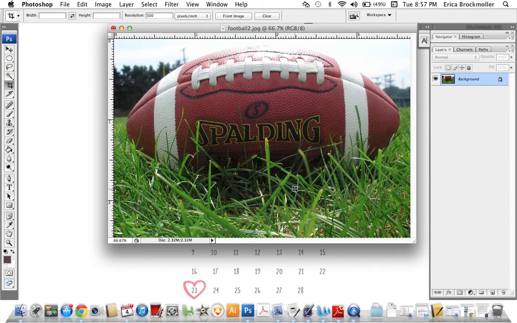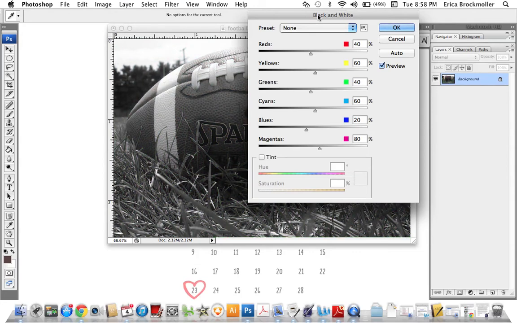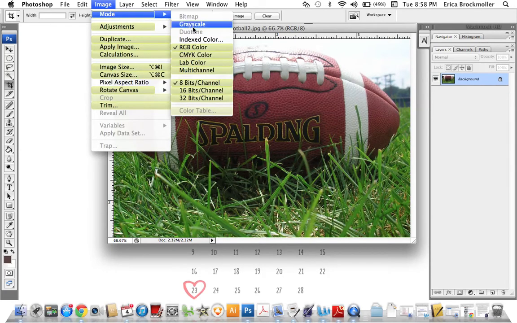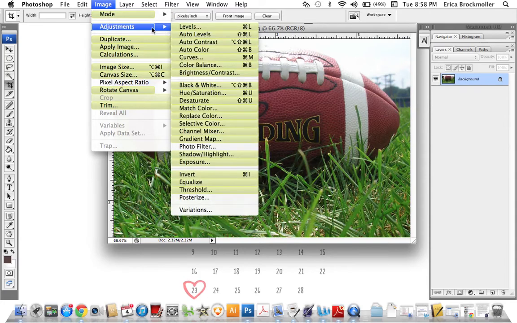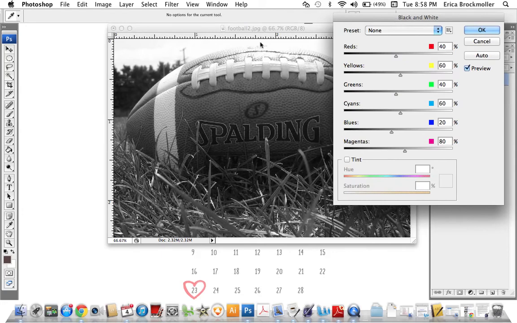The next thing I'm going to show you how to do is how to make an image black and white. So the way you do that is you're going to go up to the top of your screen and say Image, Adjustments, Black and White. Now there's another thing that you could do, so I could cancel out of this and I could say Image, Mode, Grayscale. The problem with grayscale is you don't get to adjust the different levels of the colors that are in the photo. So if I go back to Image, Adjustments, Black and White,